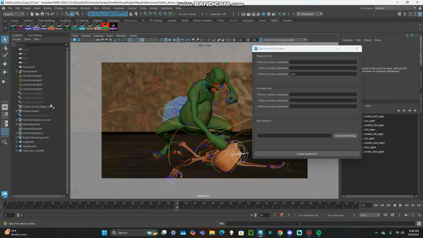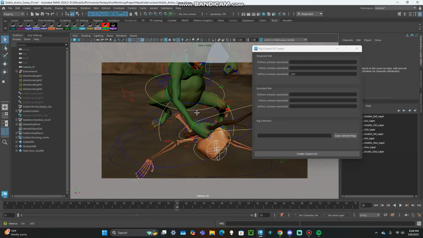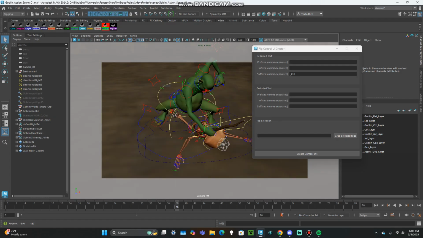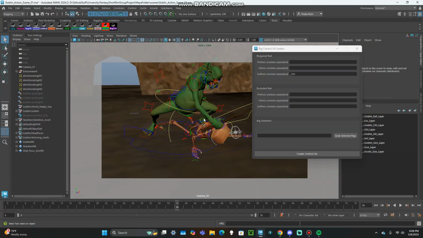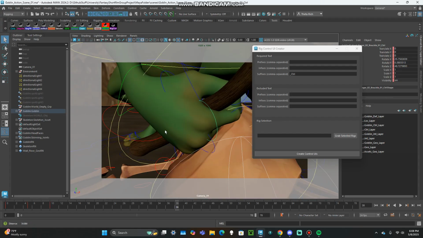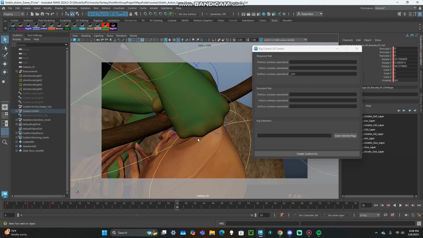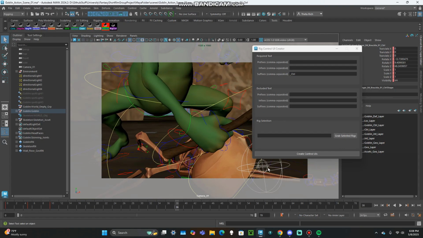But basically, the point of this script is, in this scene, the skeleton is getting beat up by the goblin, and some of these controls are hard to get to because they're under the ground, or maybe your character's up against a wall, or physically right up in the face of another character. Anyways, there are lots of situations where selecting a control in the scene can be really inconvenient because of where things are placed. So this script is for creating a little UI window